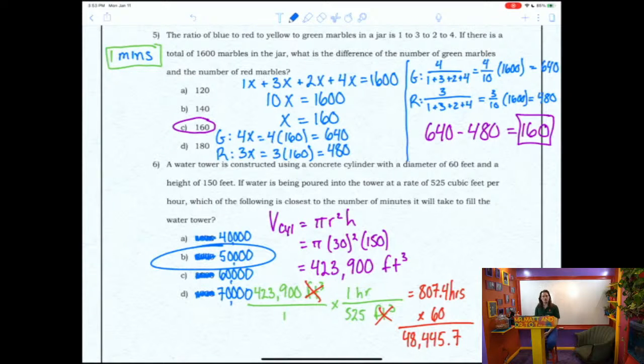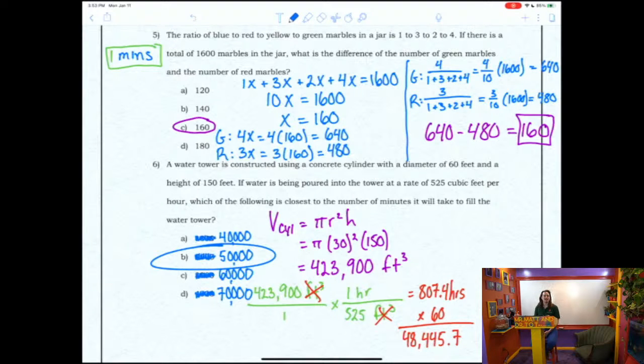I don't want hour because they're asking me about minutes. So when I convert, ultimately I want to get rid of the cubic feet in order to get into a time unit. So when I take 423,900 cubic feet, I'm going to multiply it by the original rate inverted or flipped around,